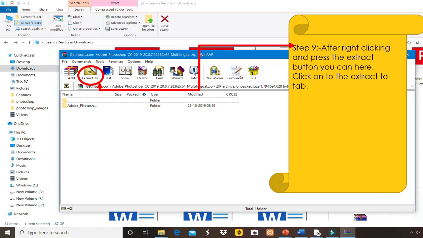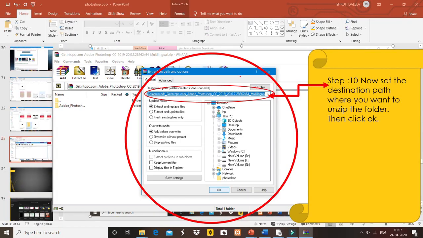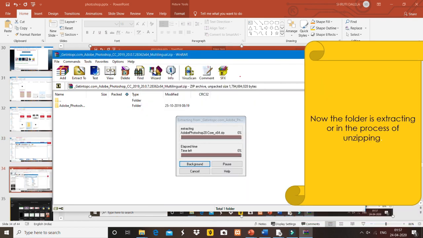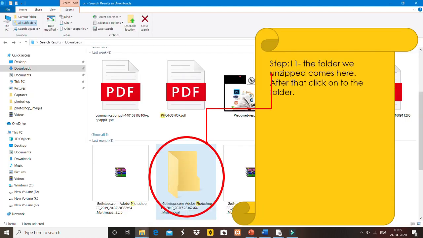An extraction path and options dialog box will appear where you set the destination path, where you want to unzip your Photoshop. Then the extracting process is going on. After some time, the folder is stored in the place where you set the destination path.